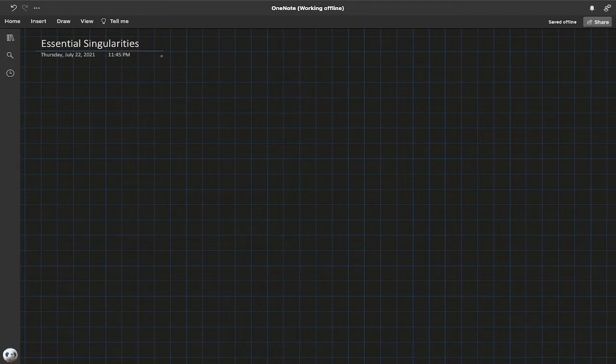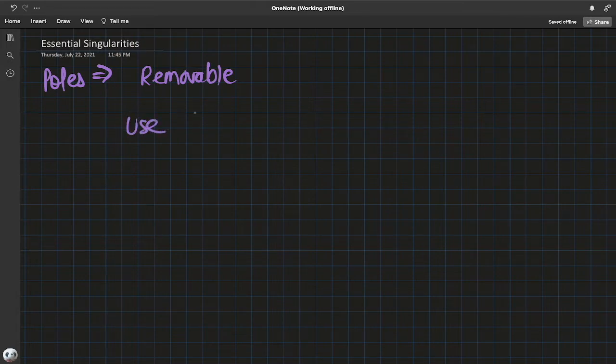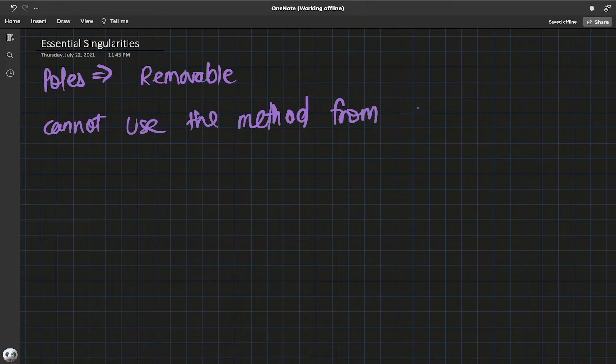Okay, you remember we classified poles as removable singularities. Well, the reason for classifying these as removable was that there are non-removable ones, where you cannot use the method from the previous page: the method of multiplying by this factor and then increasing the power, finding the smallest possible power. You can't use that. That's because